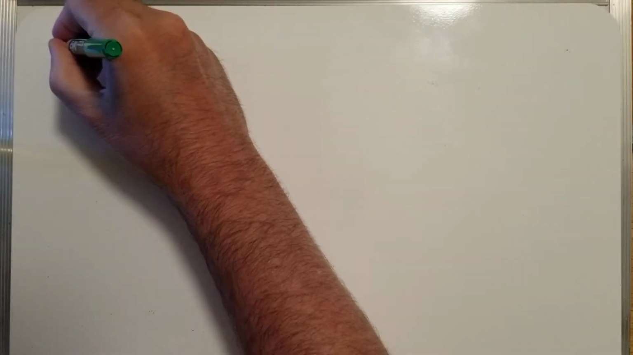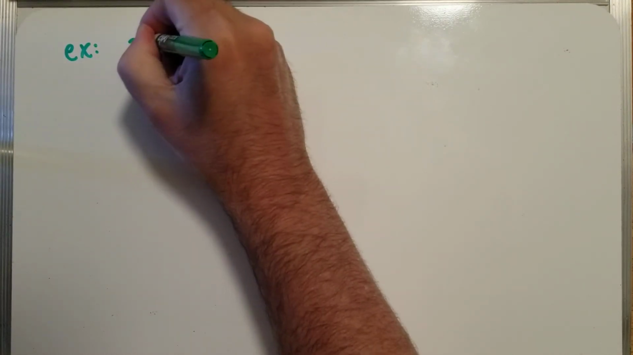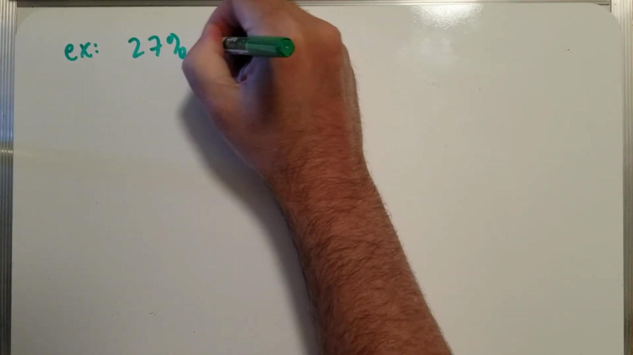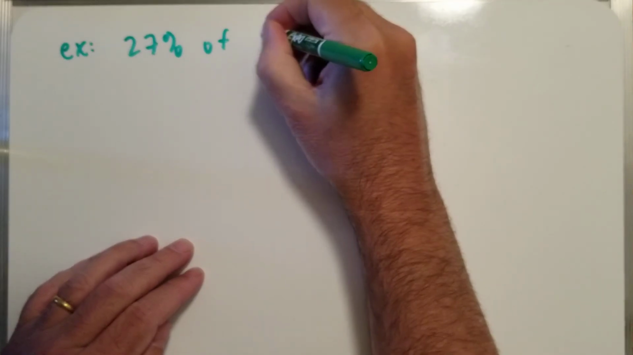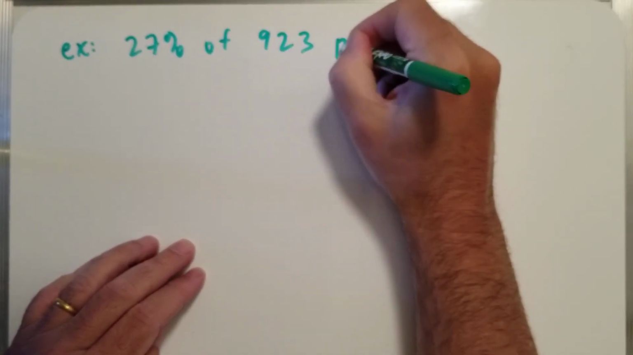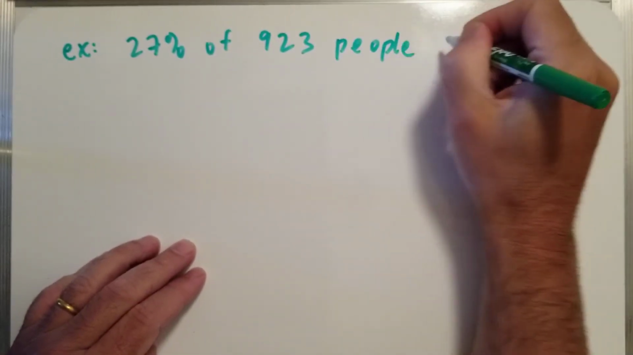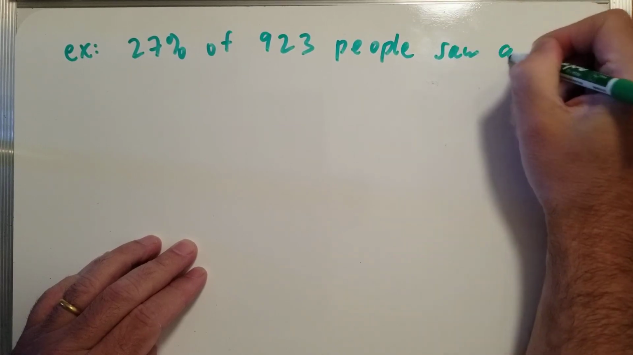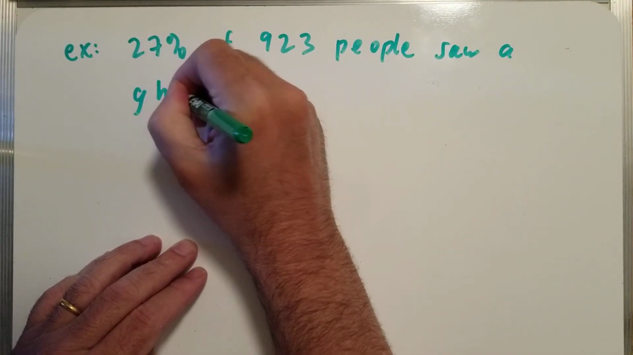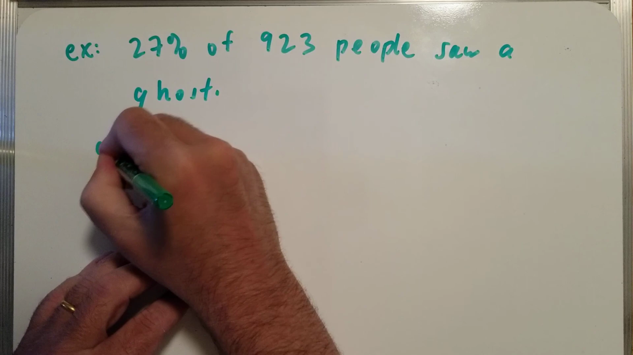I wanted to do a problem from the first homework, number 1. It says something like this: 27% of 923 people saw a ghost. So part A, what is